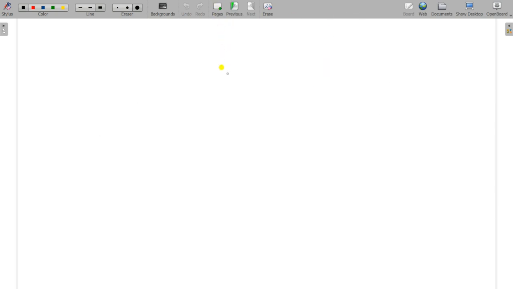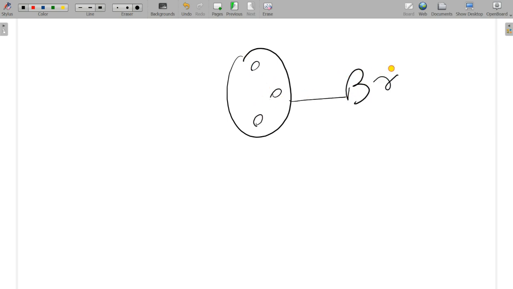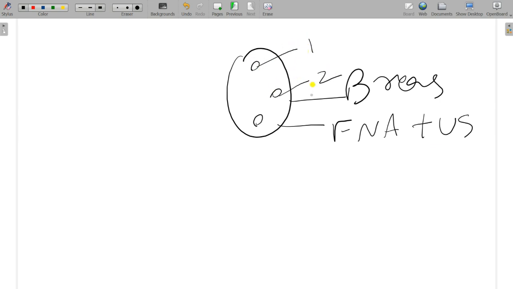Let us see. See, the patient is having 1, 2, 3. This is the breast. So the provider is doing fine needle aspiration with the help of ultrasound guidance. Here total how many lesions are there? This is 1, this is 2, and this is 3, right? So how do we report this? How do we code this?